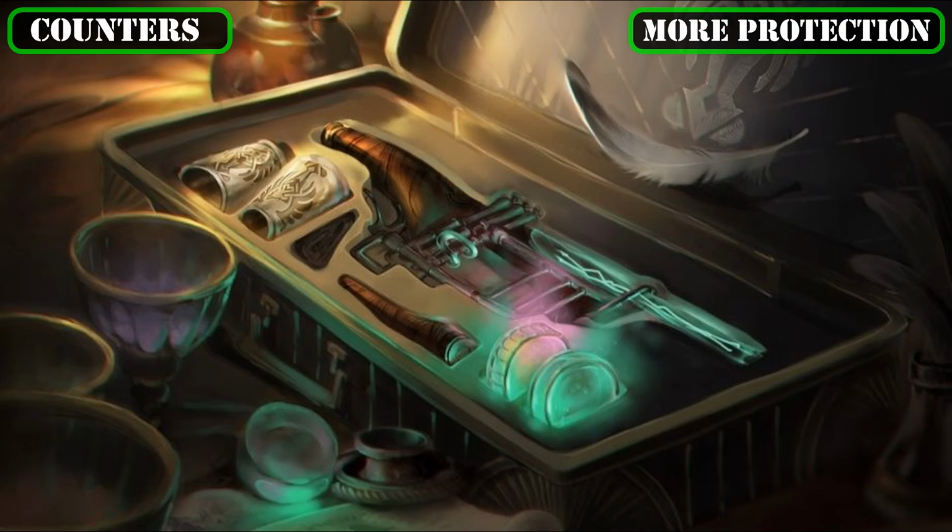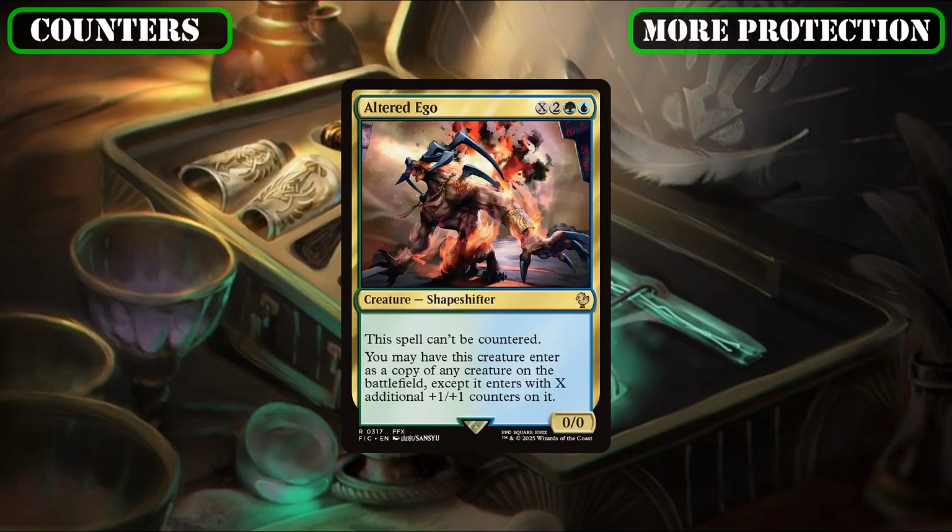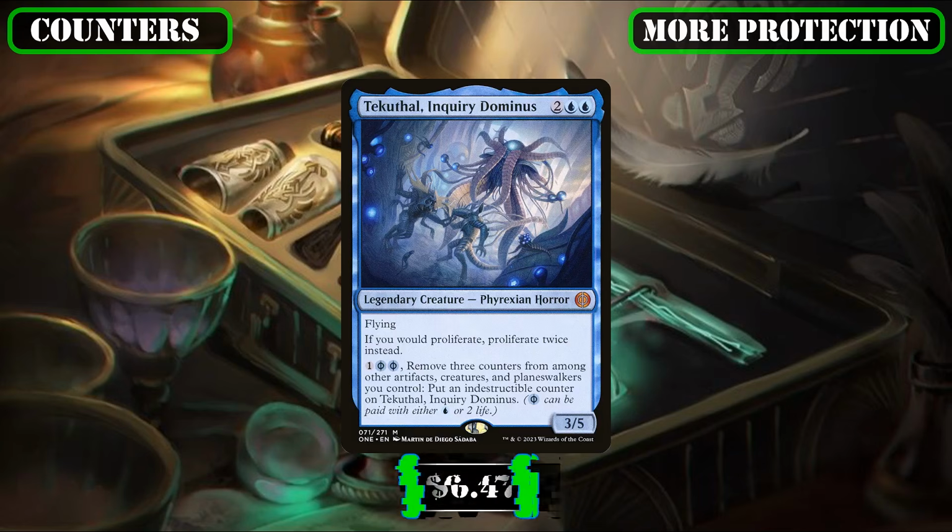Now, starting with the additions we'll be making to specifically make our counter-laden creatures as hard as possible to interact with, we'll be cutting the clone Alter Ego, who's a bit out of place here outside of its +1/+1 counter generation, so we'll be giving its spot to Techthal, Inquiry Dominus, which conversely is spectacular here as both an incredibly reliable source of multiple indestructible counters, letting us repeatedly turn 3 of our spare counters into them for 1 mana and 4 life a pop, which Tidus can then move around to other targets, doubling up on all our proliferates to multiply our counters even faster, and even functioning as another evasive body to proc Tidus's proliferate and draw more